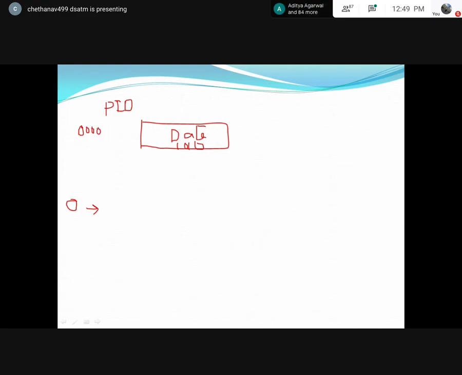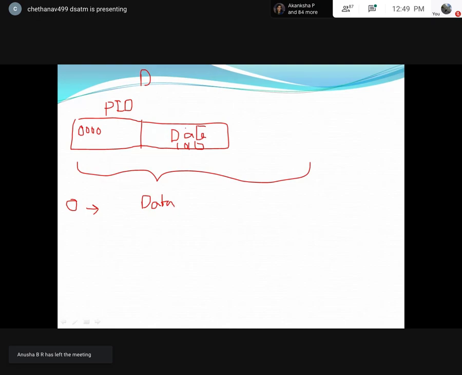Now this is the packet ID. Now I will add another 4 bits. This is data, this is PID. It's completely a data packet. So in this data packet, there are 3 parts. First is the PID part, second is the data part, next is CRC. CRC I will tell you later. Your data is 1010, and this is 0000. Totally 8 bits. Out of these 8 bits, 4 bits represent packet number 0.